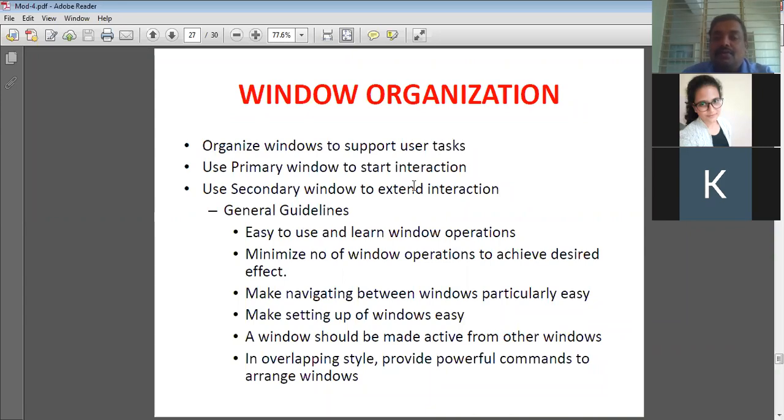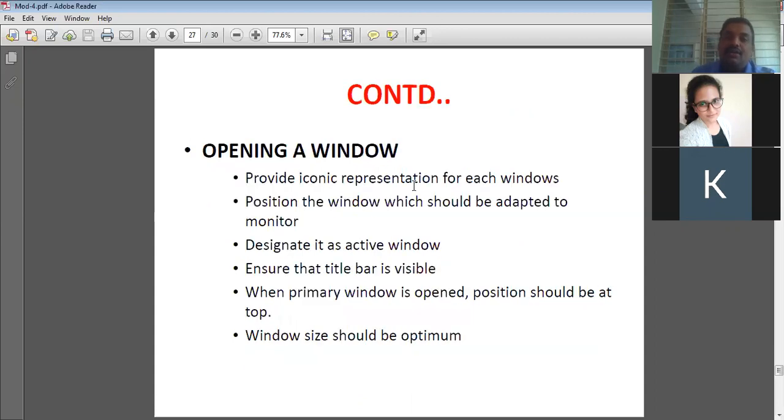You should provide powerful commands to the user. For example, some shortcut or the Alt-Tab option. Alt-Tab you might be knowing. It is for moving from one window to another window. If you want to shift, there is an option called Alt-Tab. So that is a key moment. This type of shortcuts or commands are required whenever you are organizing windows. So being a developer or a designer of windows, you should know how to organize the windows.